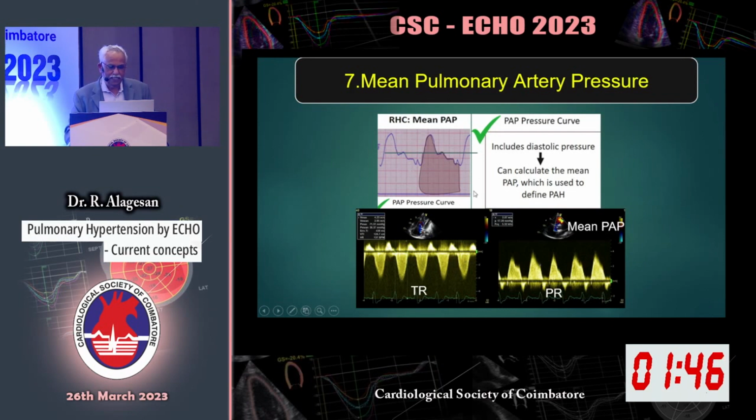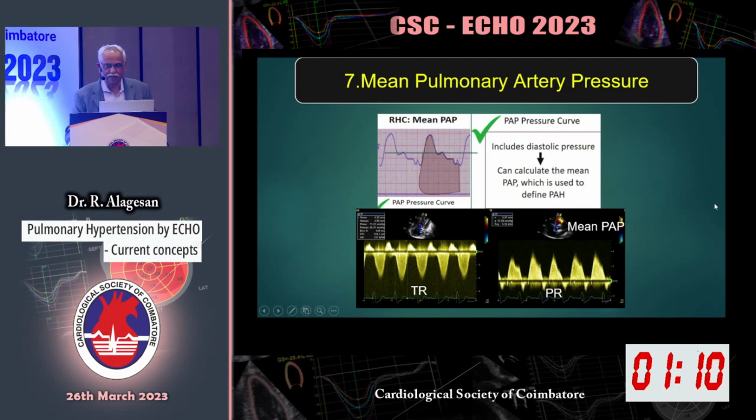Why these problems with pulmonary hypertension? Because the mean pulmonary artery pressure is an average of the systolic and the diastolic pressure. It is a mean of systolic and diastolic. Whereas with the TR velocity, we are only taking the systolic events. When we use the pulmonary regurgitation velocity, you are using only the diastolic events. So none of the Doppler takes both the systolic and the diastolic components. So the mean pulmonary artery pressure calculated by the TR velocity or the PR velocity is not going to be